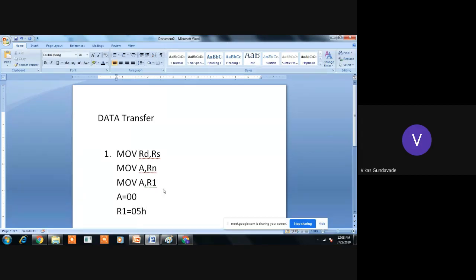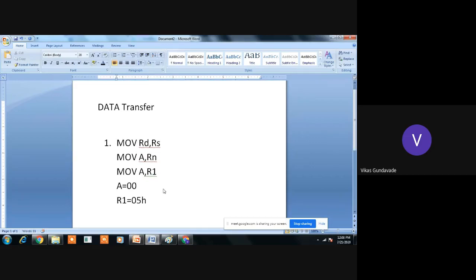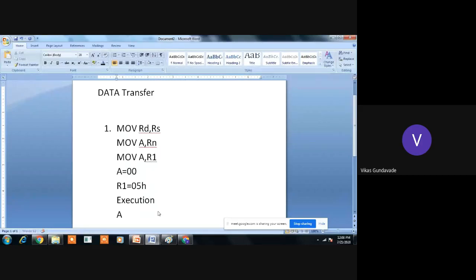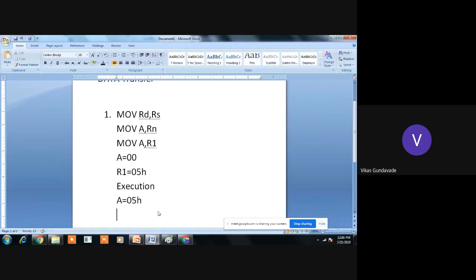After execution of move A, R1, the contents which are available in R1 will get transferred into the accumulator. So after execution, the new contents in accumulator will be 05H, and in R1 the contents are 05H.